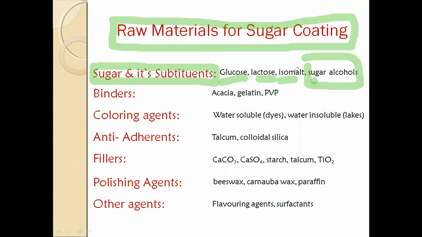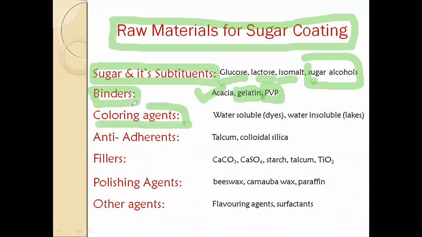Now to keep this whole formula intact, we need certain additives. For that purpose, we use binders. The binders used are mainly from the category of gums, such as acacia, tragacanth, then gelatin, then PVP, that is polyvinyl pyrrolidone,